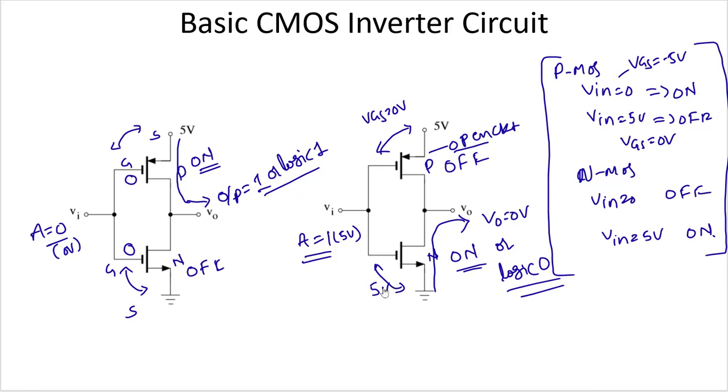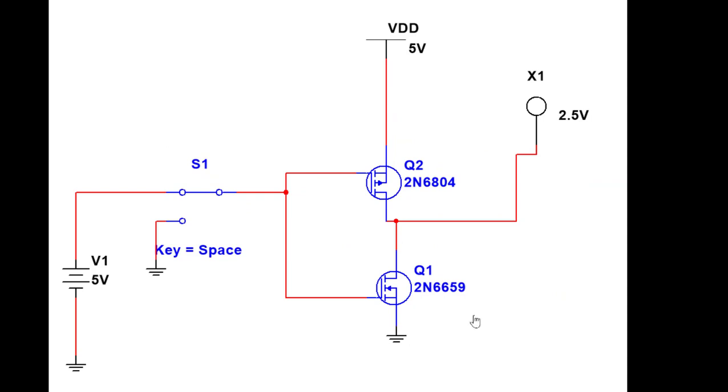Now we'll see the simulation, how we are going to execute the same simulation using the Multisim software. So this is the same circuit which we constructed using Multisim software. As you can see, this is a PMOS transistor and this is NMOS transistor, and this is my input A. And if I connect it to 0, let's run the simulation. When I connect it to 1, it is showing 0 volts output. When I connect it to 0, it's going to show the 1 output, which is reflecting the NOT gate behavior.